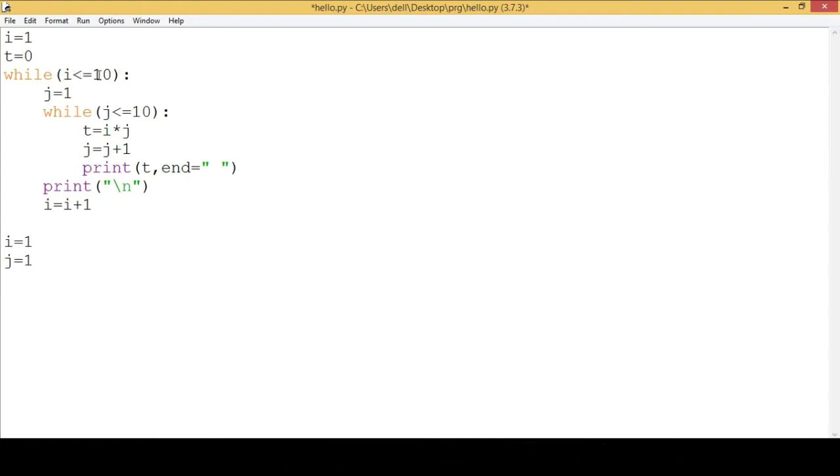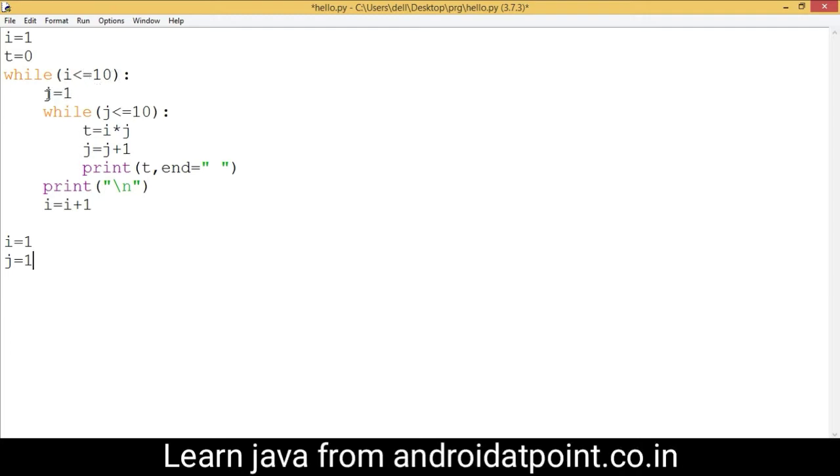then control first checks the condition, it is true, and then control comes inside the body and initializes the value of j as 1, and comes to this nested while loop or inner while loop, and checks the condition. The value of j is 1, which is less than or equal to 10, so the condition is true. Then control comes to the inner loop body, and now the value of i is 1 and the value of j is 1. After multiplication, it is assigned to the t variable, so the value of t is right now 1, and